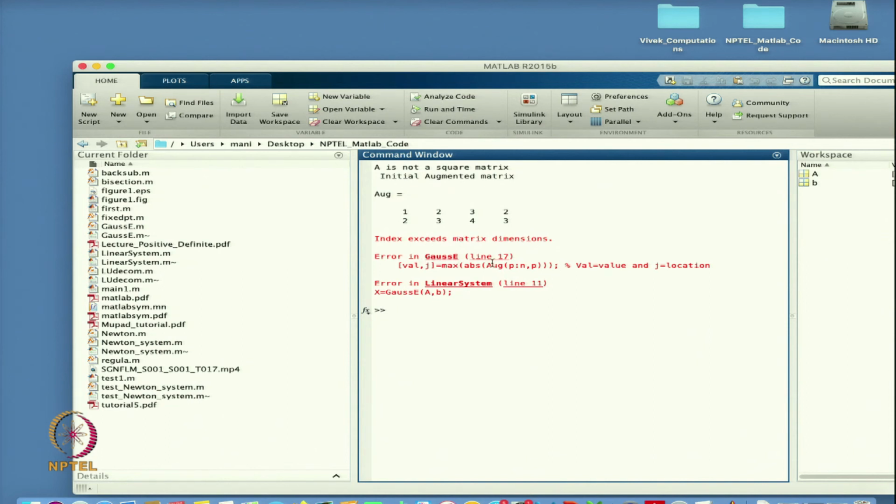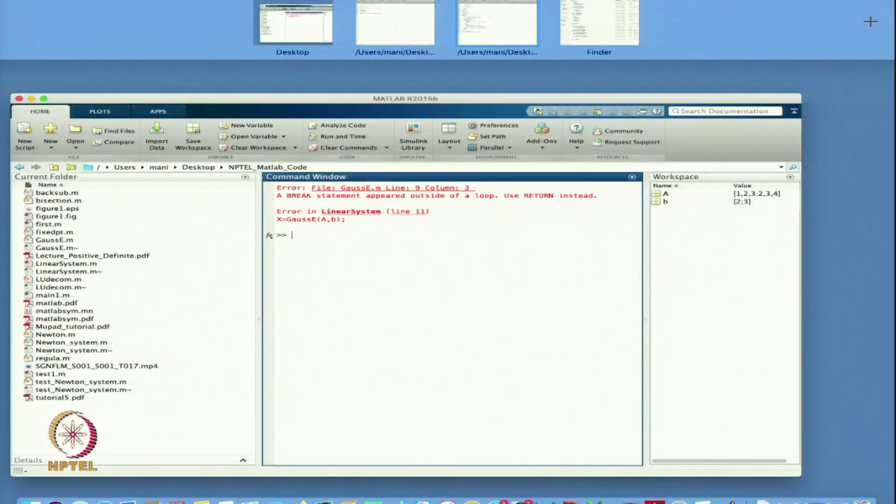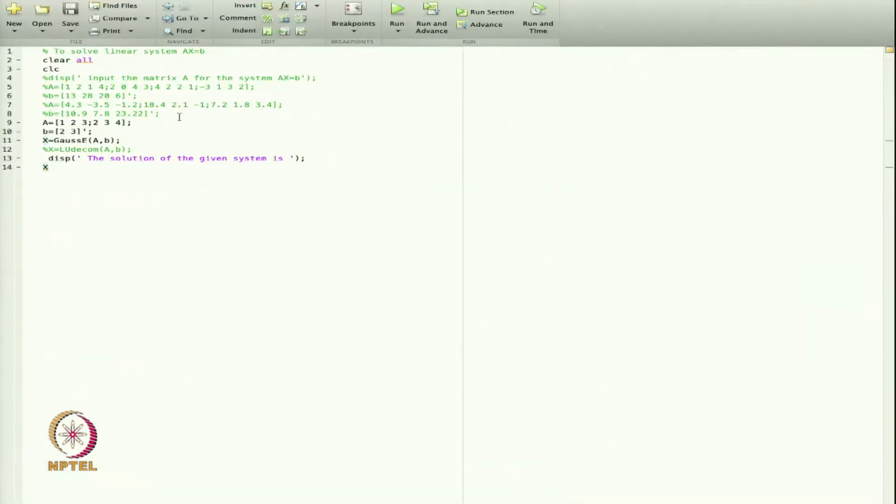So, it will show you how I can find the maximum values. In this case, the first comment coming is "A is not a square matrix", which we have written initially. If the matrix is not a square, then you have infinitely many solutions. So, in that case we are unable to use the Gauss elimination method. So, this is how we can deal with this matrix.